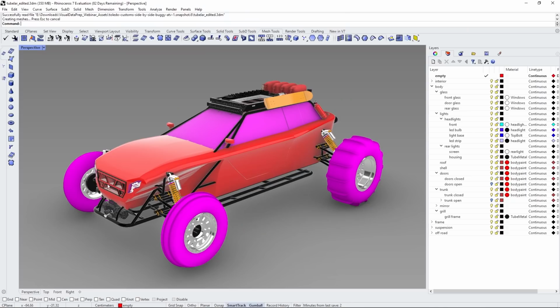Here inside of Rhino 3D, we have the buggy we're going to be exporting to Unreal. You may notice that right off the bat, we've got some flipped faces here, some flipped normals on the tires. We could fix this here inside of Rhino, but we're going to be doing that instead in the Visual Data Prep tool. We can see the buggy is made up of multiple layers here, and we can, of course, use these layer names as they will be imported as actors, so we can filter by those. Also, the layers themselves, as well as some of these objects in the scene, have materials applied to them.